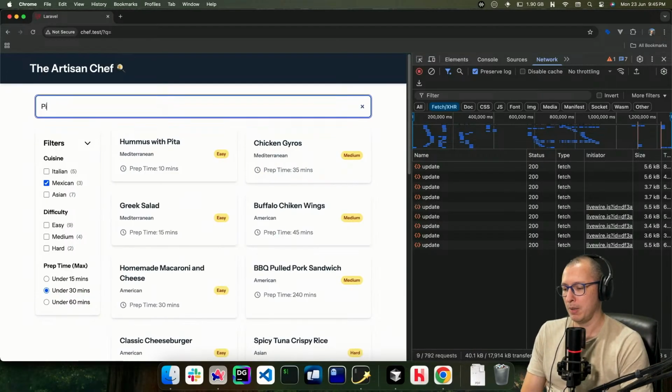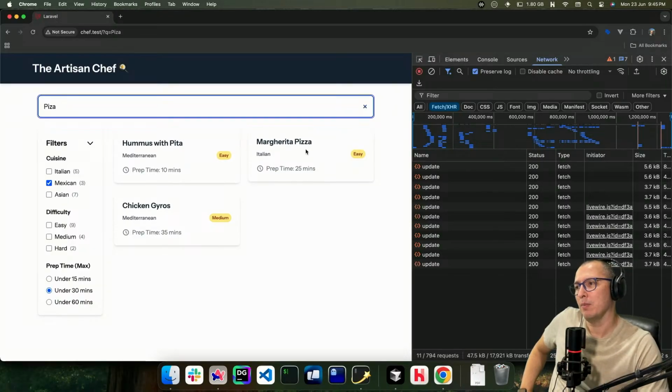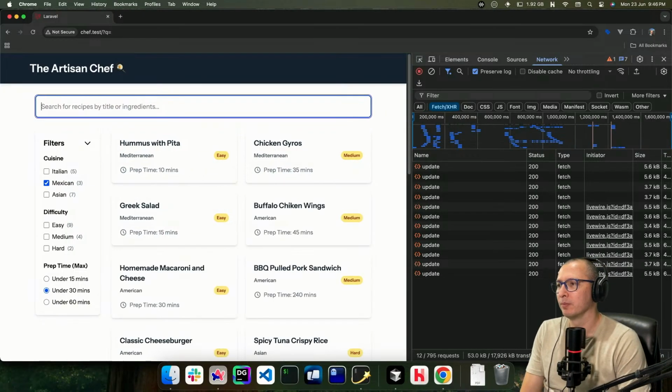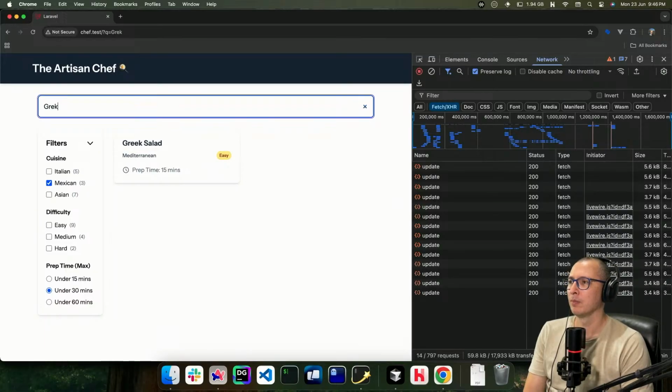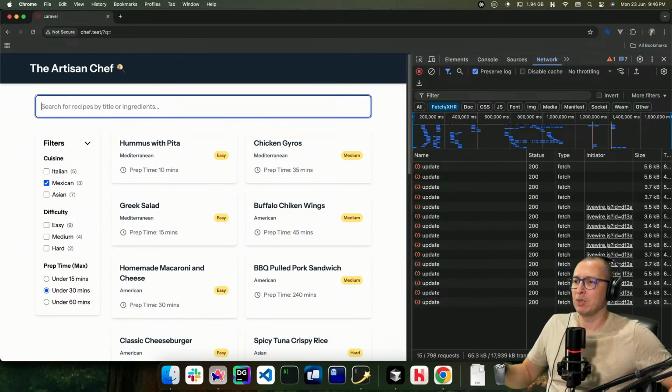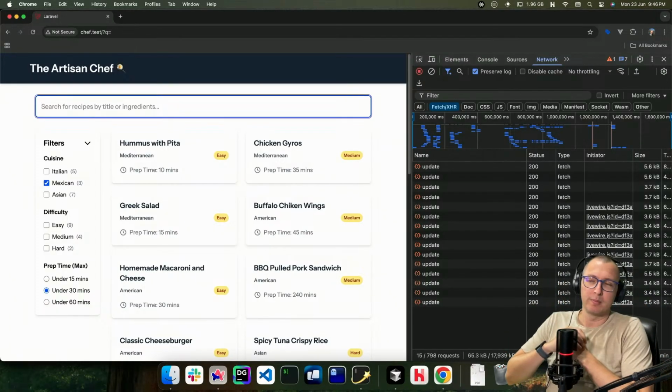How about pizza with feta? That one's fine. It thinks that we need the pita, and I don't know why this is here. Generally speaking, it is doing a good job, and it's super fast.